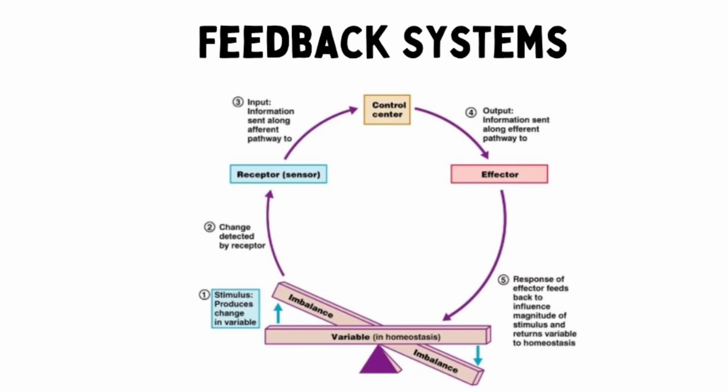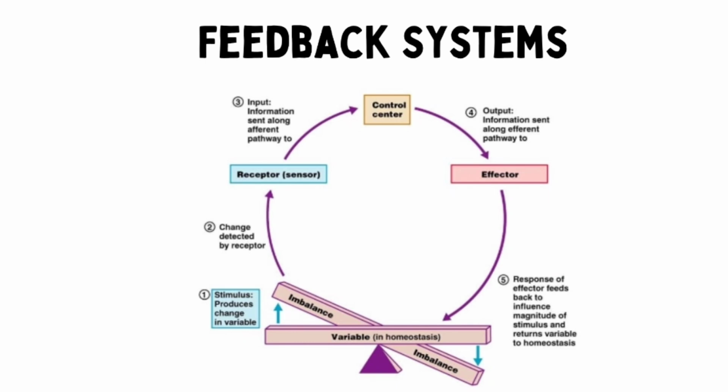A feedback system is like a checkup. Our body monitors and evaluates itself. This system consists of three parts. The first is the receptor, which is a structure like a nerve that sends signals to the control center, usually the brain. And the brain then sends an impulse to the effector, which is responsible for producing a response that